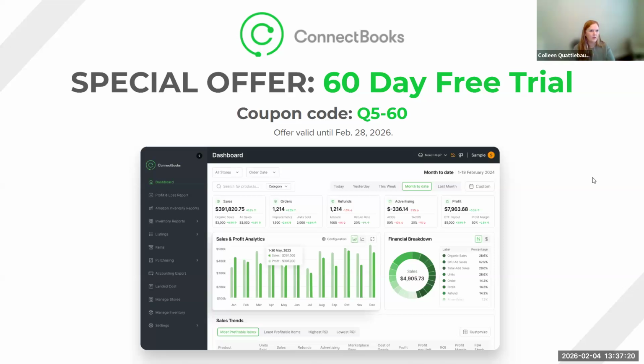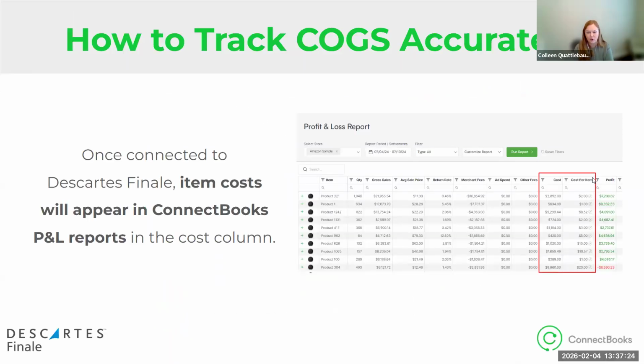Yeah. And then we have another question: how does the cost show up on the reports? Is it per order or per SKU? So in ConnectBooks, we can get everything down to the SKU level. Nachman, do you want to address that? Well, we can do it both ways. We have an order report as well. The screenshot you have is just an SKU level report, which most people like to look at, but we do